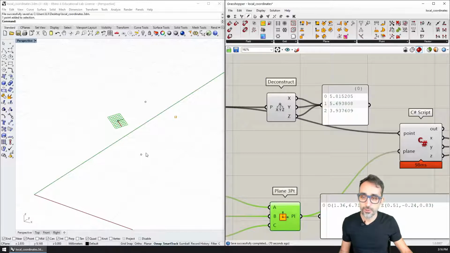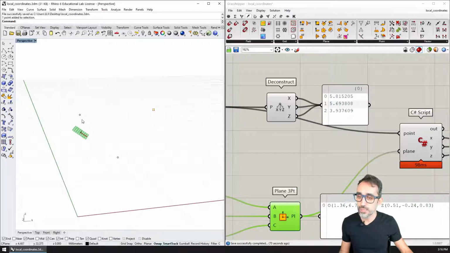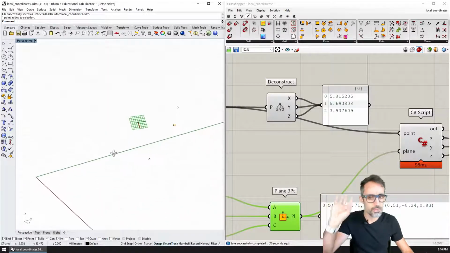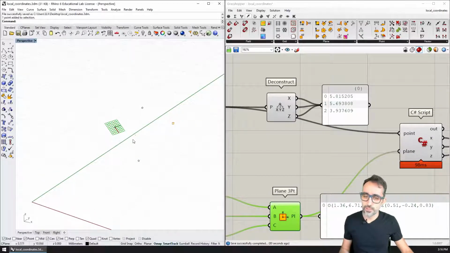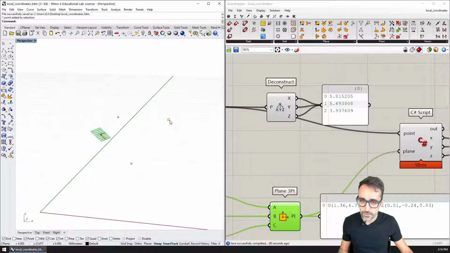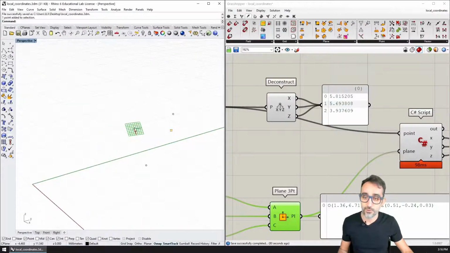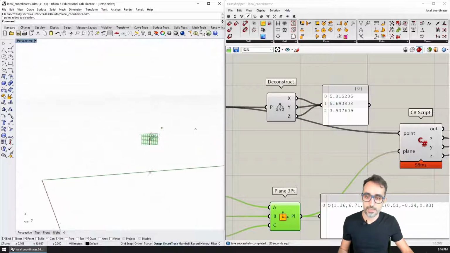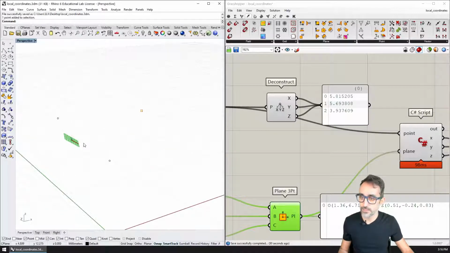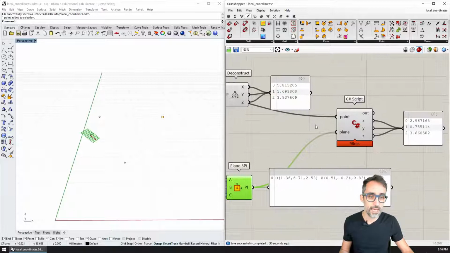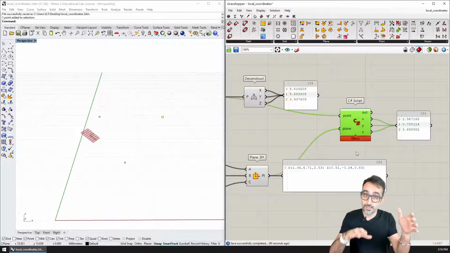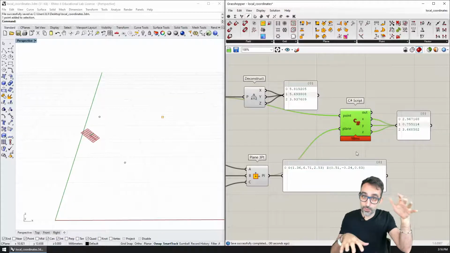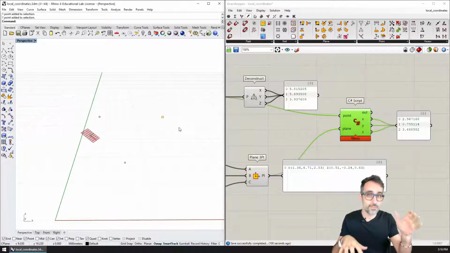But what I would like to know is, for this other coordinate system that I have somewhere in three-dimensional space with some random location, some random position, and some random orientation, what the coordinates of this point are in reference to this local coordinate system. You can see that the coordinate system is much closer, so they're going to be smaller. So what we've done here is write an algorithm to figure out the translation between the world coordinates of this point and the local coordinates of this point in this other